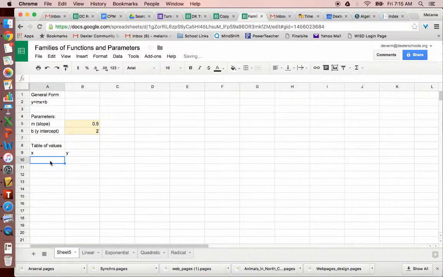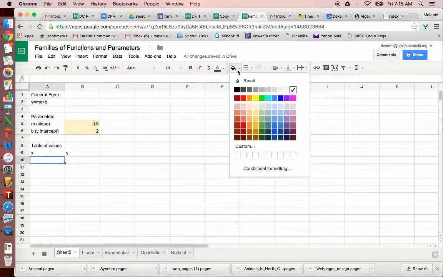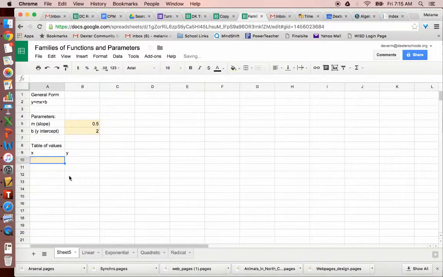Now, the starting x value is a number that we're going to plug in. So I'm going to put a little yellow box there to indicate this is a place where we can enter. Let's say that we want our x values to start at -5, and I've just sort of picked that number at random. What we want to have happen then is we want our x values to go up by 1